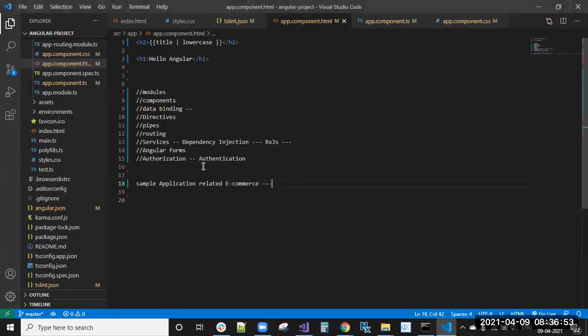So yesterday we discussed how we can create an Angular application and how we can run a Hello World application. That is the first application in Angular. That yesterday we have seen, right? So today we are going to discuss about